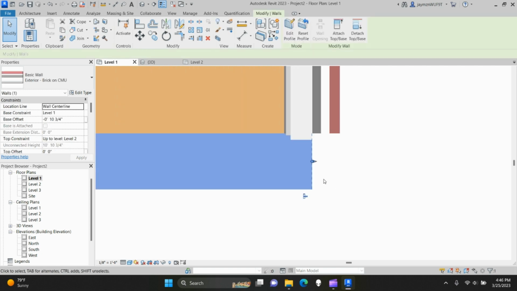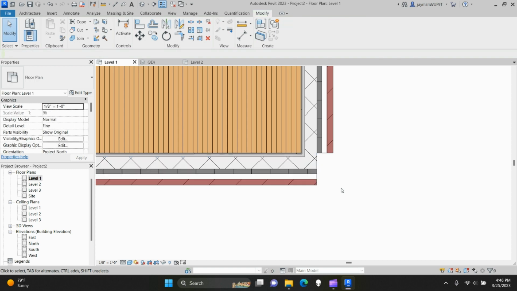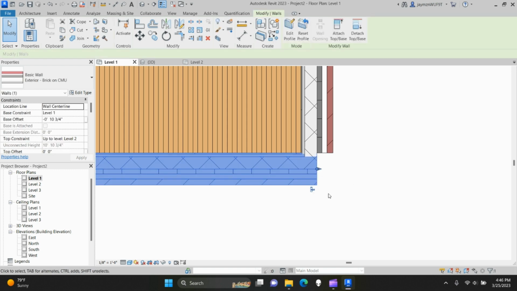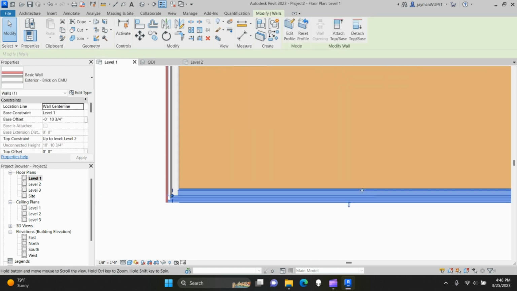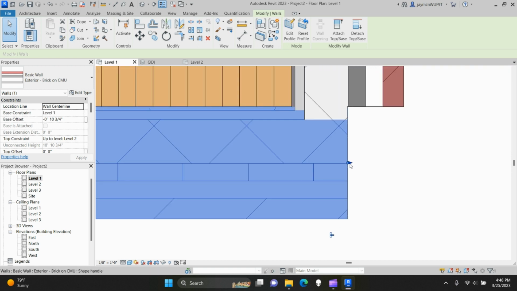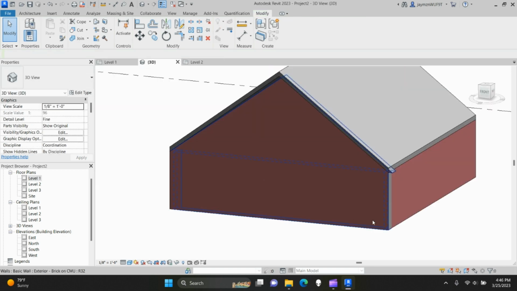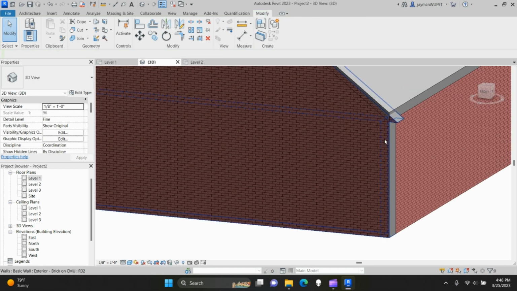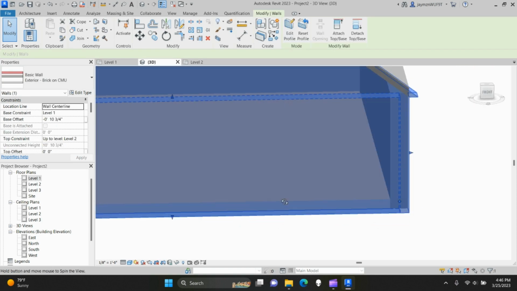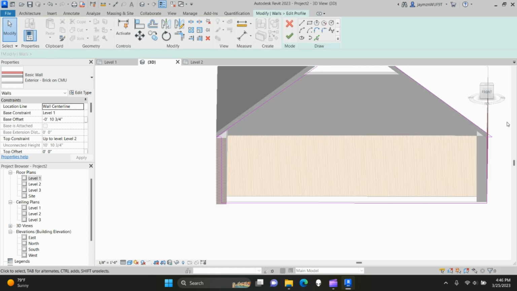So when it does stuff like this, when you go to editing wall profiles, it's kind of just a matter of playing around with it to see what gets it to connect, because we can see the other side did it just fine, but not this side. So I could try just dragging it to the corner, go back to my 3D, and so you can see it's there, but now this is wrong. So let's go back to our edit profile,